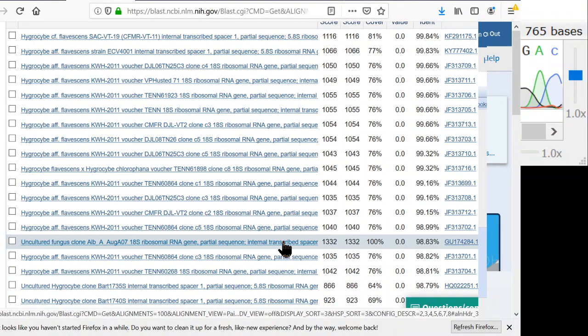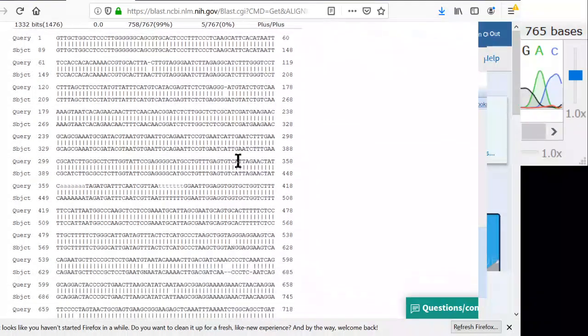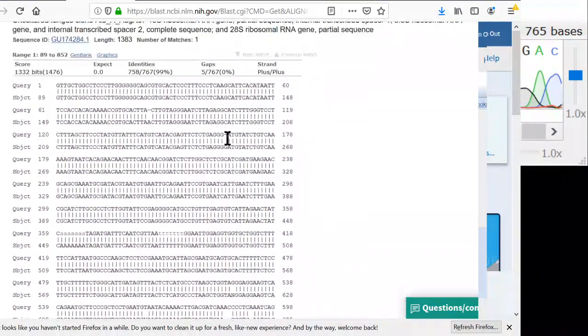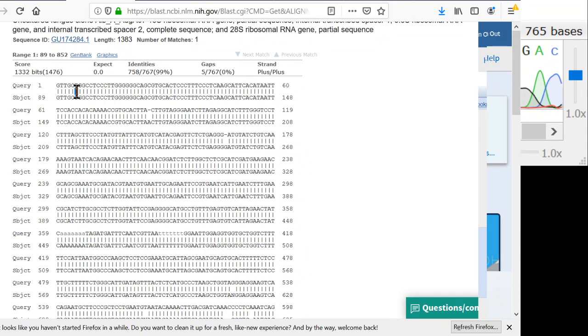And this is uncultured fungus clone, which means that they just sequenced a whole bunch of soil. And their soil had hygroscopy DNA in there. So we'll click on that, and we can see the differences down here. And the way this works is there is a pipe character between the top query, that's my sequence, and then the subject is the sequence we're comparing against. So these characters are called pipes, and there's a pipe character whenever my sequence is the same as the sequence we're comparing against. And when the sequence is not the same, then the pipe character is missing,